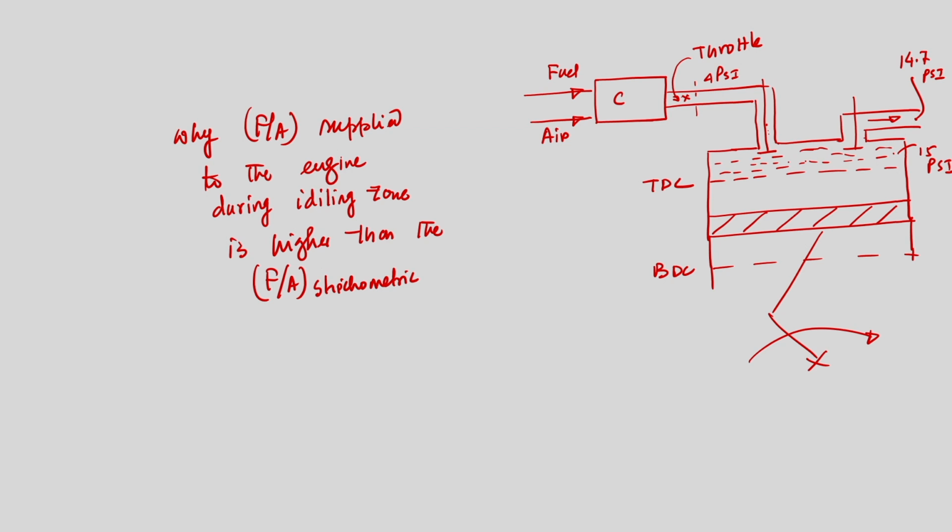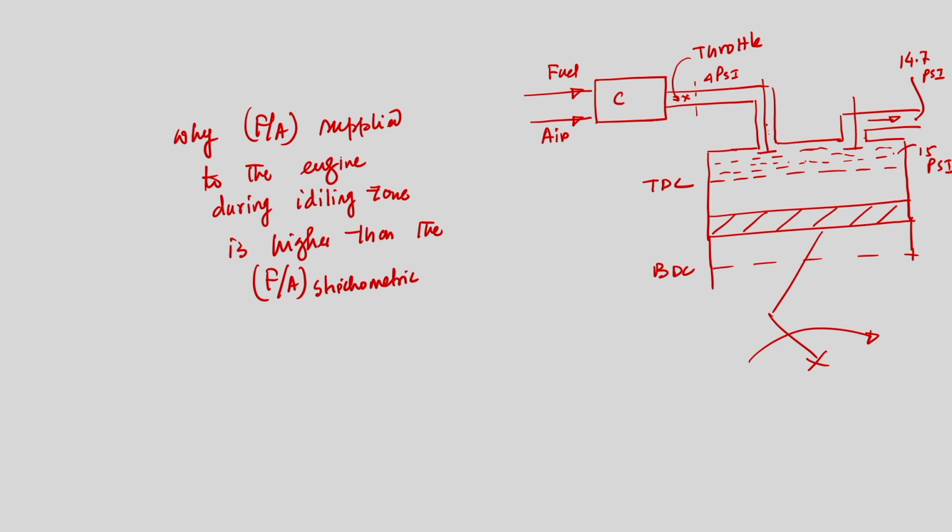The first stroke of the next cycle is the intake stroke. The piston now travels from TDC to BDC. Because the throttle valve is partially opened, the pressure near the throttle valve is 4 psi, because across the throttle valve there will be a huge pressure difference. Upstream of the throttle valve the pressure will be atmospheric, downstream it will be 4 psi. That is important, because we need to create negative pressure. During the exhaust stroke the intake valve was fully closed and the pressure just downstream of the intake valve will be 4 psi.